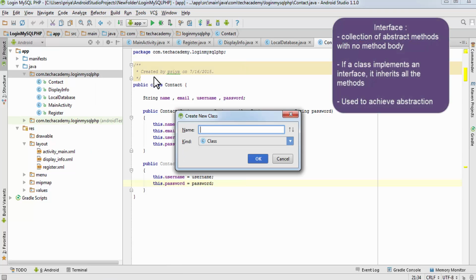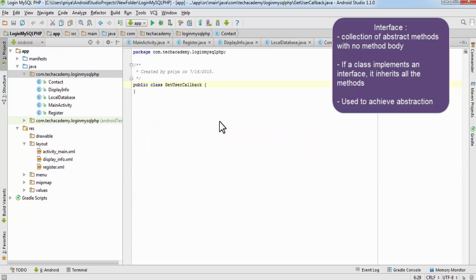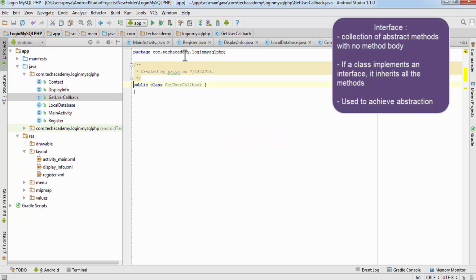So create one Java class and name it get user callback, and here just remove class and make it interface.